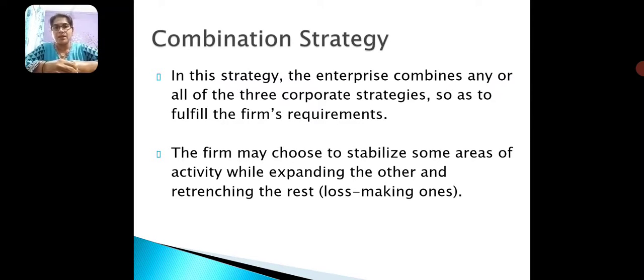the stability. So it is done very interestingly at the corporate level, where they combine the strategies and take the decision for each unit under that corporate. Again, it's done at the top management level, to decide how the resources have to be allocated to the different business units under the same corporate. So this is the combination strategy.